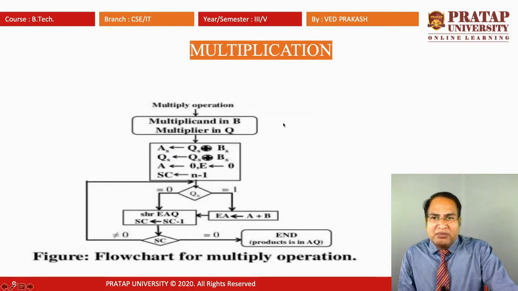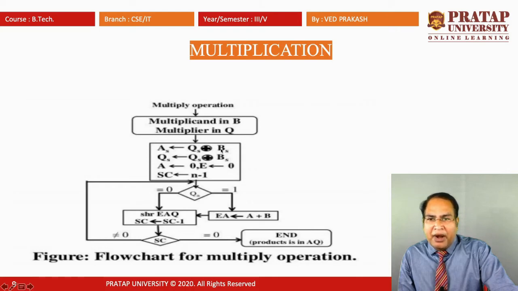Now, our next topic is multiplication. Multiplication is basically just simple operations. In this, BS denotes the sign of the multiplicand and QS denotes the sign of the multiplier. First, we pass the signs of QS and BS through an XOR gate and transfer the result into AS. Similarly, we again pass the sign bits of QS and AS through an XOR gate and the result is transferred